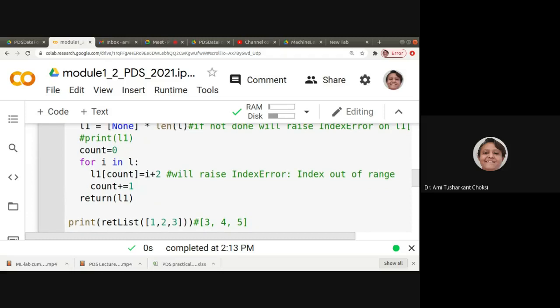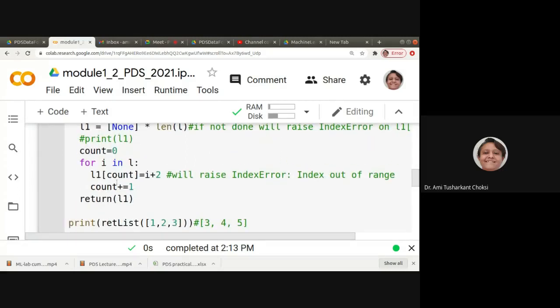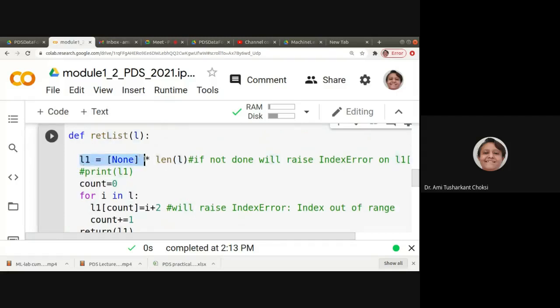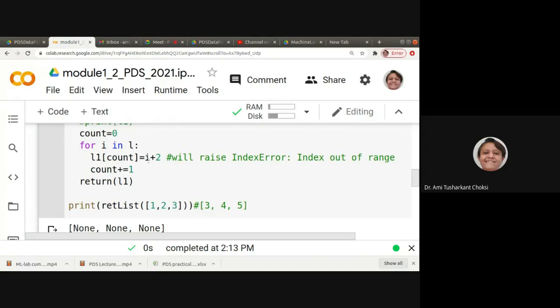Okay, now what is the logic? count is equal to 0, for I in L, that is our list which is being passed to this function. L1 of count, that is the list which we created with None elements in it, L1 of count is equal to I plus 2. I is the elements of list L, and for that we are doing I plus 2.